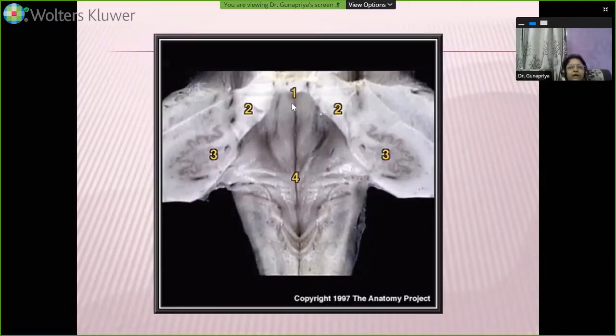So in this picture, you can make out this is the superior angle, and this is your median sulcus. You can make out the facial colliculus here, that's the facial colliculus, sulcus limitans. Superior fovea can be made out here. And this is your superior cerebellar peduncle. This is part of the cerebellum because the dentate nucleus can be made out here. A part of the cerebellum has come along with the section. So this is your dentate nucleus. Looking at the picture, you can make out.